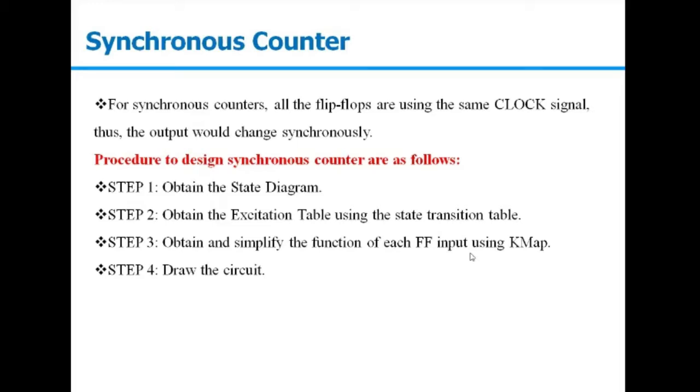We'll take an example. First, we will discuss what we mean by the state diagram. For example, suppose you want to count 4 states. It could be an up counter or down counter. So I'm just simply talking about 4 states. When I'm saying we want to design a state diagram that is counting 4 states, the 4 states are A, B, C, and D. So we'll say initially we were in the state A.